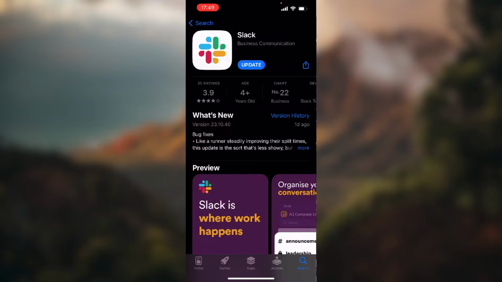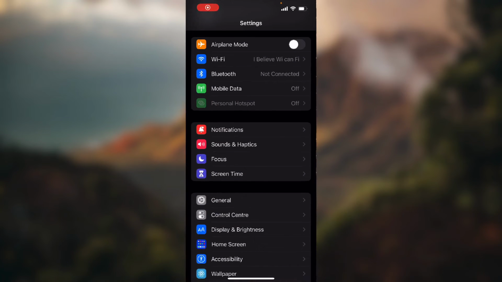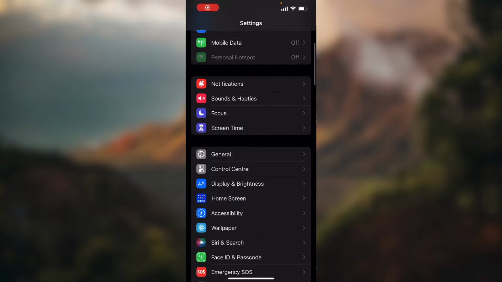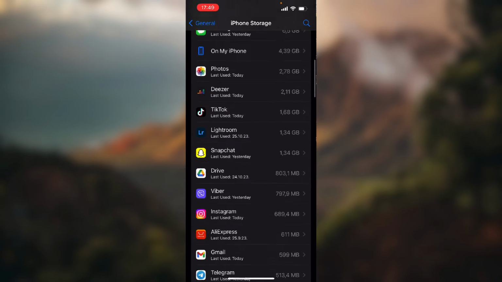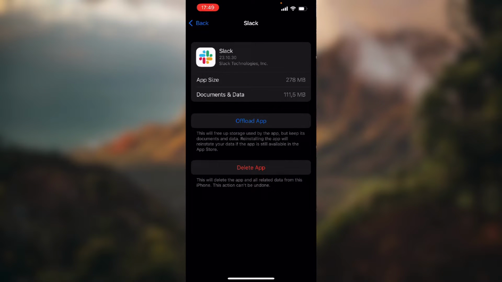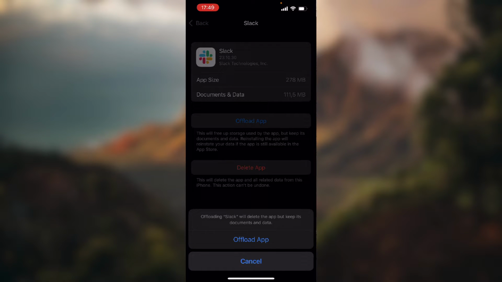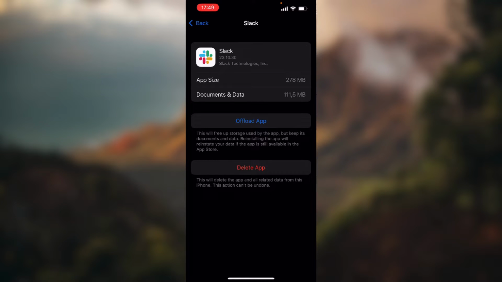So if that doesn't work out, go back. We can go into our settings, scroll down a bit, click general, click iPhone storage, scroll down a bit until you find Slack. Here it is. And here you need to click this blue text that says offload app and click offload app again. What that will do is clear your cache memory from your Slack application and basically run it from zero cache